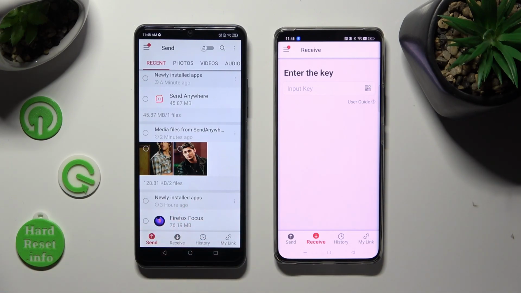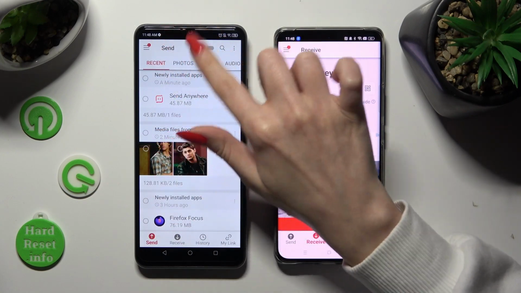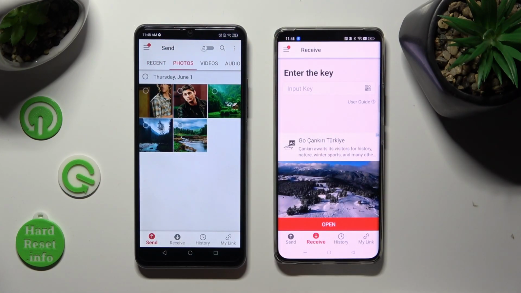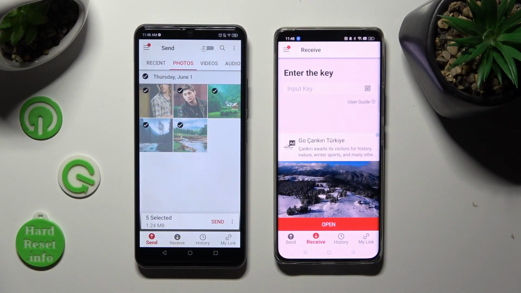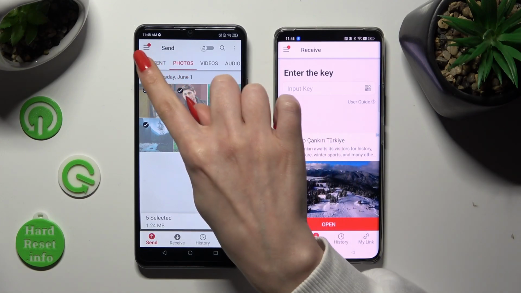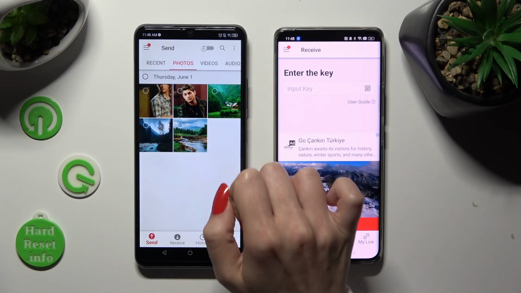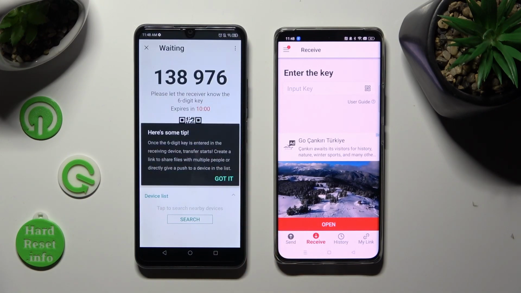You can select all of those categories located at the top of it. And from those categories, choose files that you wish to transfer. When you're ready, hit Send next selected located at the bottom. I will go with this one photo, so when I click and tap on Send, I can select Got It